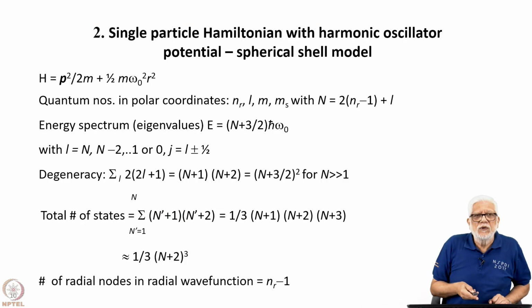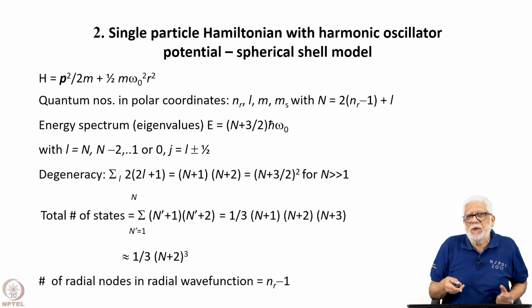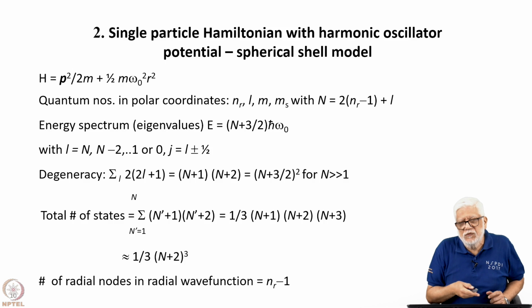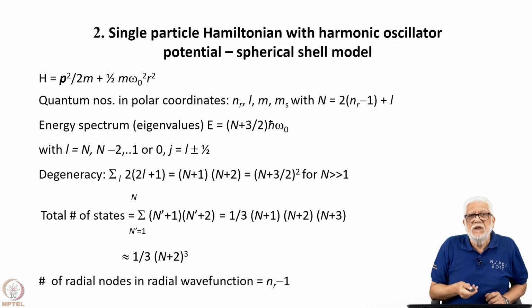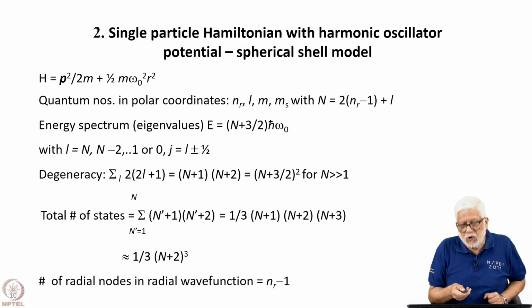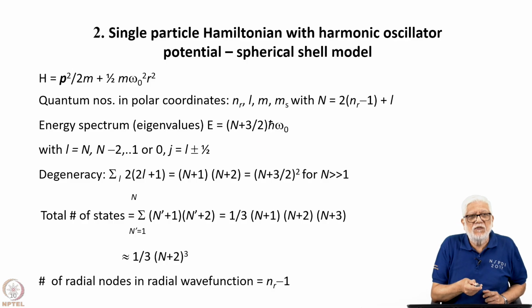Okay, so now instead of just a flat potential, you can take other potentials which are more amenable in terms of their wave functions and so on, to calculate certain properties. And the easiest way to do that is to mimic the nuclear potential by a harmonic oscillator potential. This is one of the most used Hamiltonians, where you have the kinetic energy term p squared by 2m, and the harmonic oscillator potential term, which is half m omega naught squared